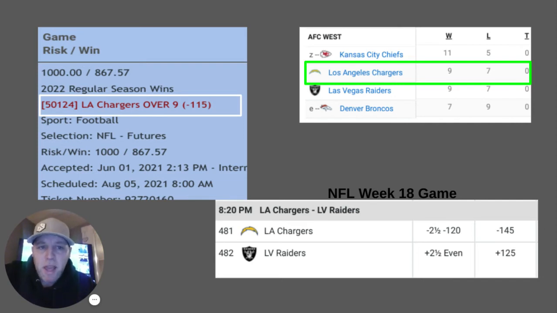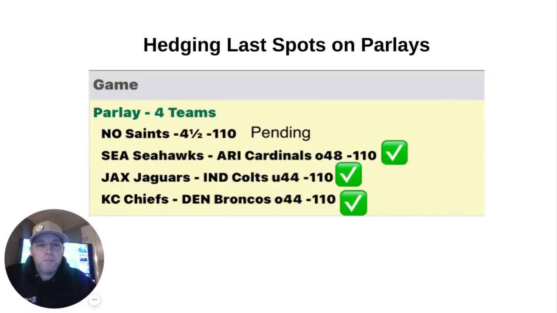A common mistake, a big mistake I see bettors make all the time, and I have to go over it here, is when a bettor places a parlay, the first few games of the parlay win, and they have one spot left, and then they end up hedging off it. Now, of course, if you have a long shot 10-team parlay that's one game away from winning, go ahead and hedge. But if you're doing parlays and hedging after the first couple games win, why even bother doing that many spots on a parlay?